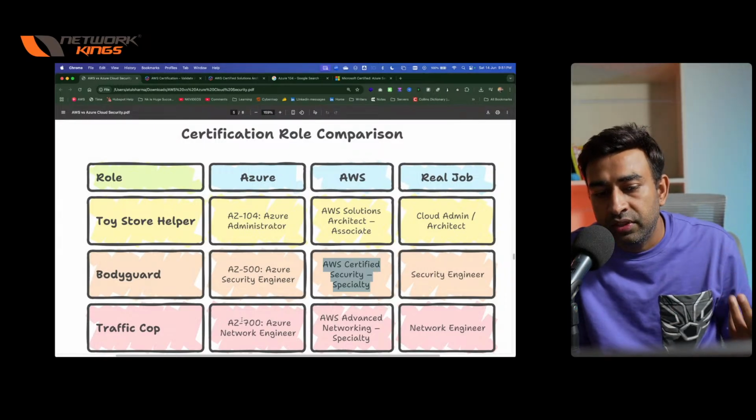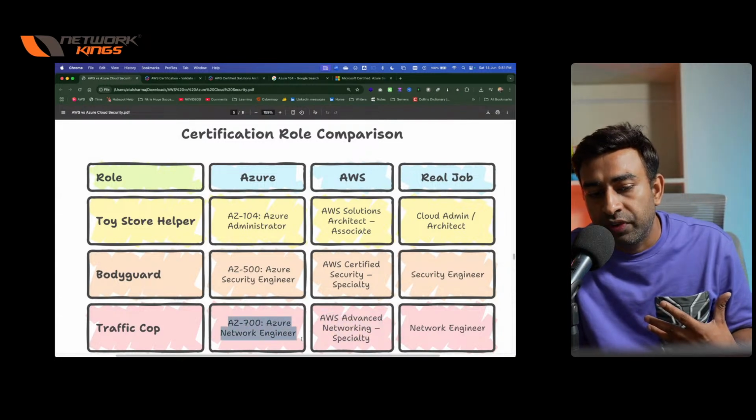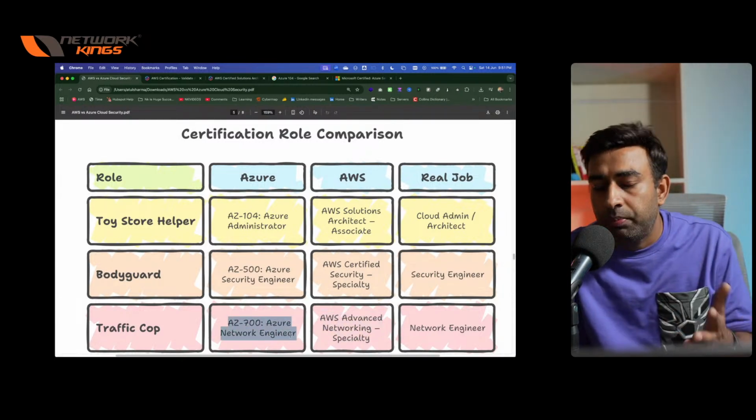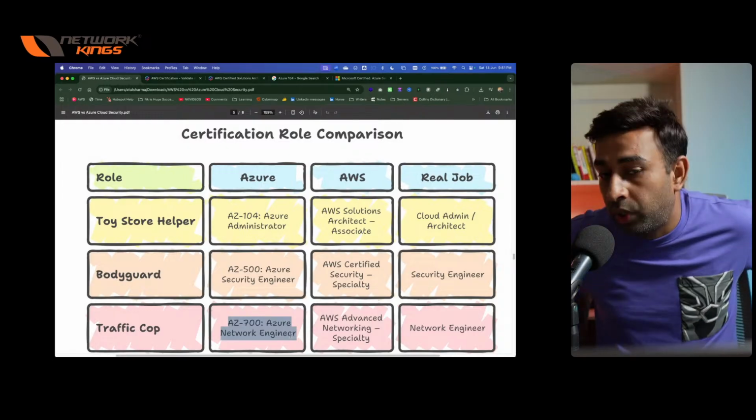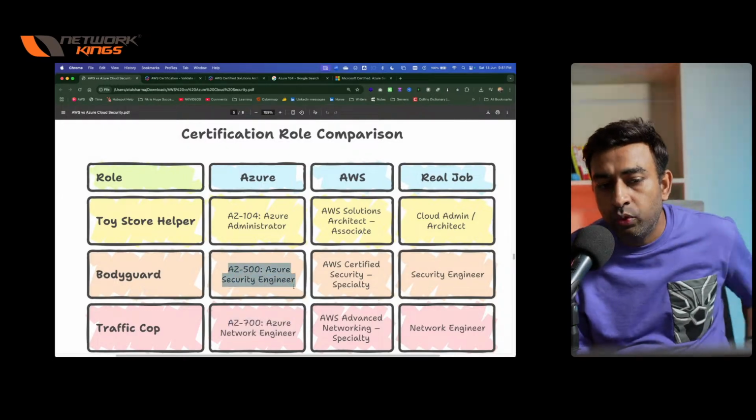So then this certification is of no use. AWS network specialist or Azure 700, you may be able to do it, but you will not get the knowledge that you get in CCNA, CCNP stuff. Okay, the similar way, if you learn some firewall,